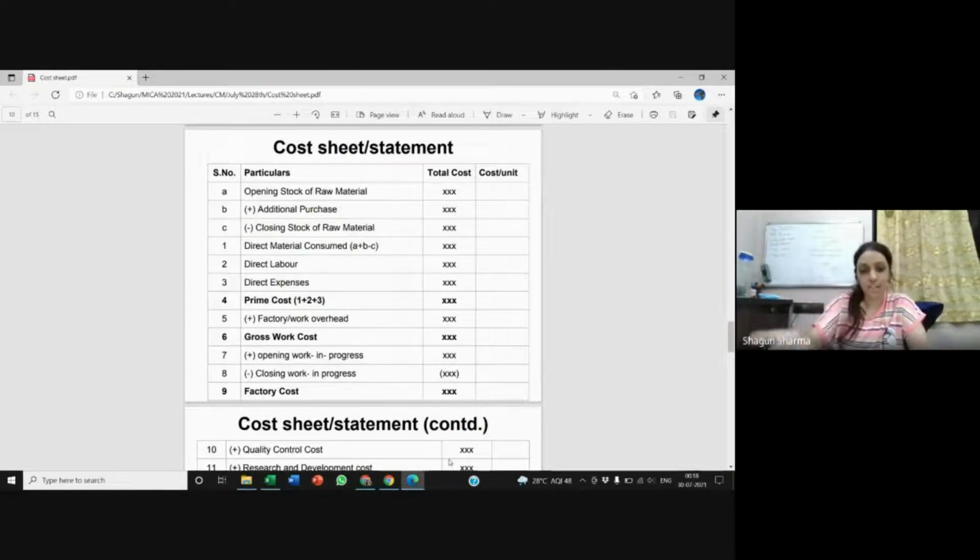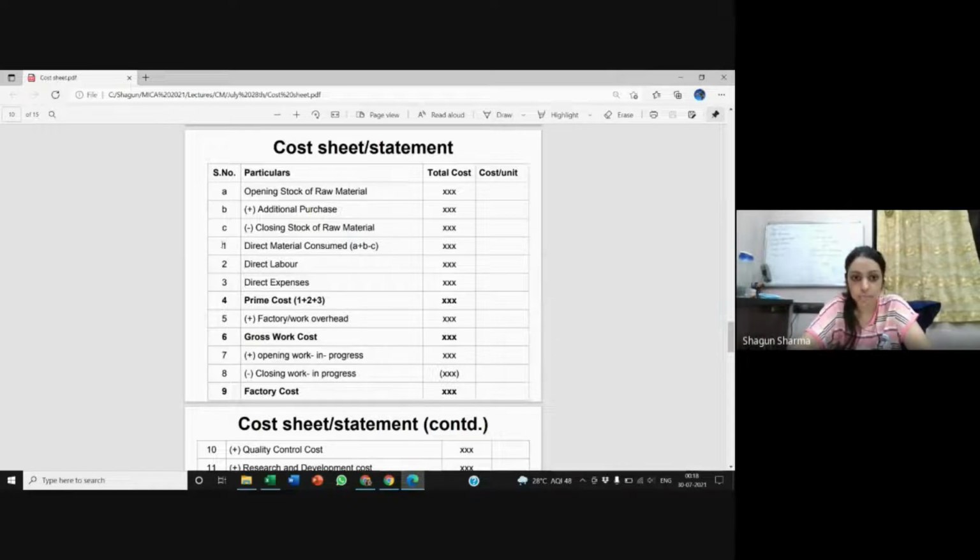Now, the reality of the situation is that the cost sheet is a dictated format that you need to follow, right? So you will have to learn it by heart. Ratta karna padega, jaisa hai waisa. And there is not much for me to explain because it is just one line item after the other. So what I will do is I'll walk you through the cost sheet, but make sure you learn it. There's not much logic left to understand in it. So let's start by looking at the cost sheet.